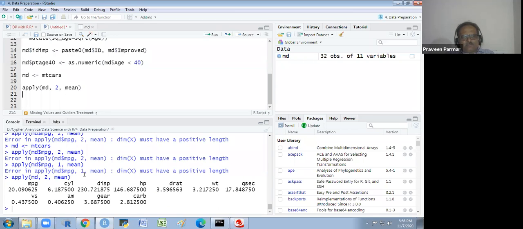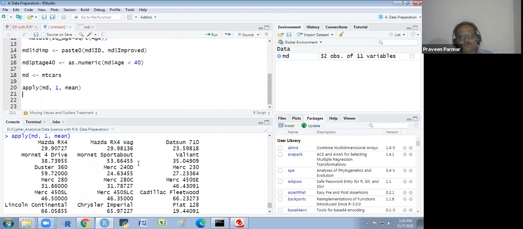That was the error: applying mean requires a positive length, and variables should not be more than one. And if I want the mean of rows, I will get the mean of each row. There are 32 rows, and I am getting the mean of all. Got it?